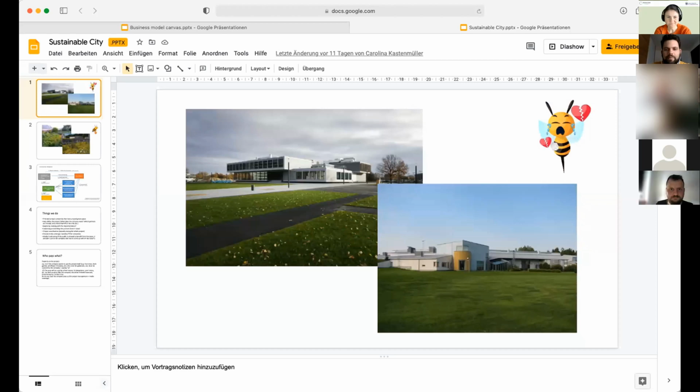Okay, I'm just gonna go ahead and give you a little overview about our general idea, and then later on, Tushna from my group, she's gonna give you a little insight into our initial business model canvas that we already prepared before the session today. Oh, fantastic! So, very good. Carolina from my group kindly prepared a little presentation